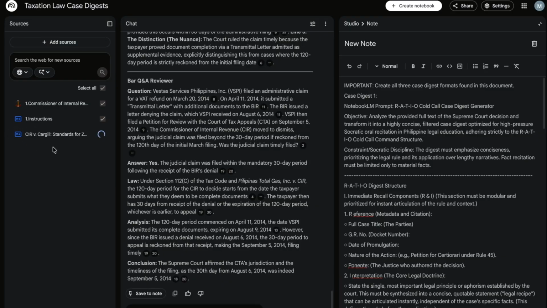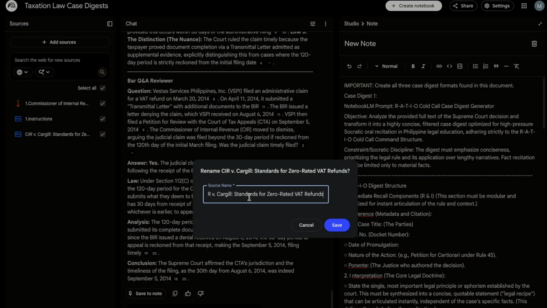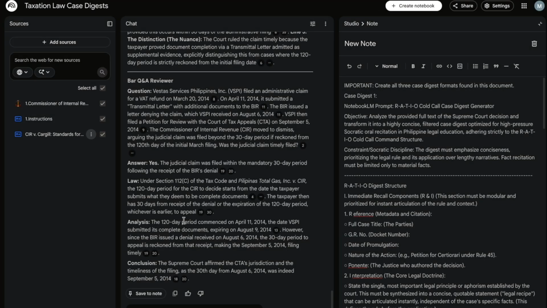rename to Commissioner of Internal Revenue. Okay, that's the one. Then just rename, put in number 2, case number 2 in the list. And then remove the check mark in the first case so that the second case is the only one highlighted. And